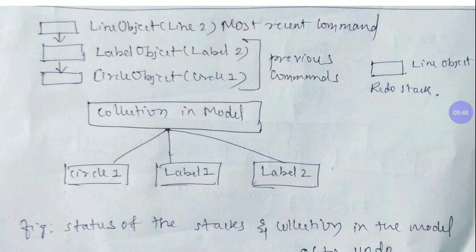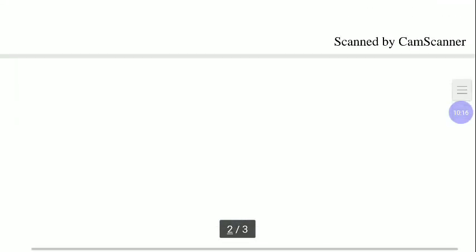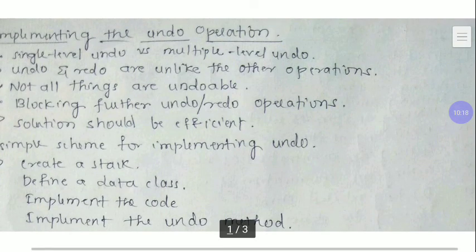If you implement a second redo operation, the element pushed onto the redo stack goes back into the history stack, and then it appears in the collection in the model component. This is the explanation of implementing the undo operation.